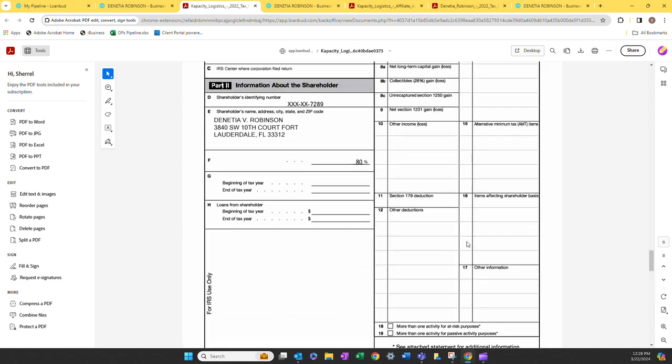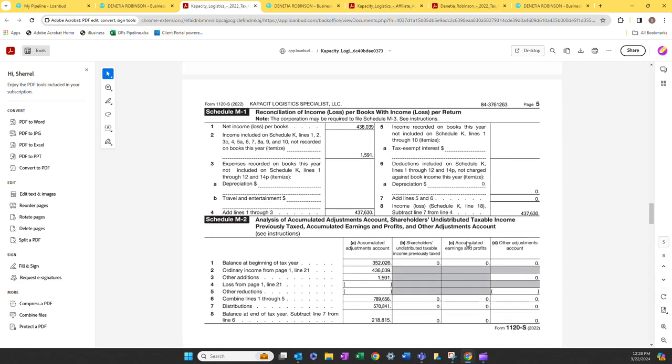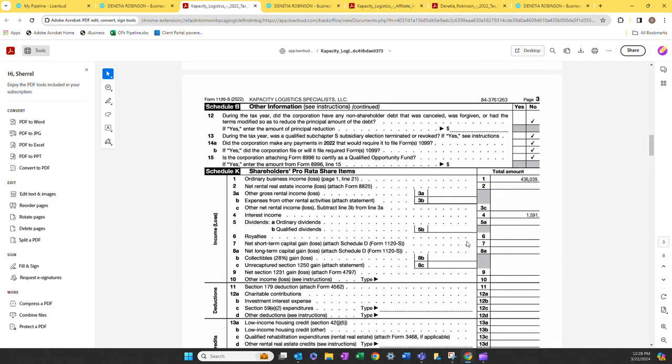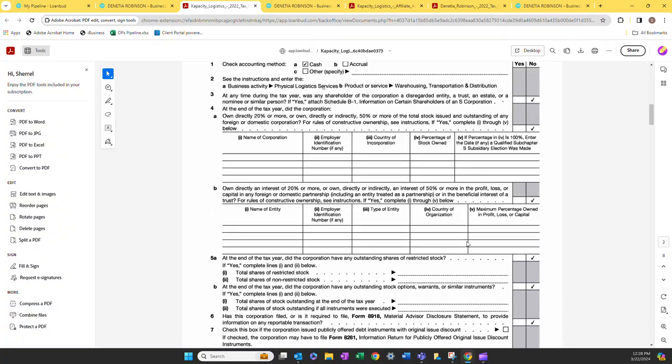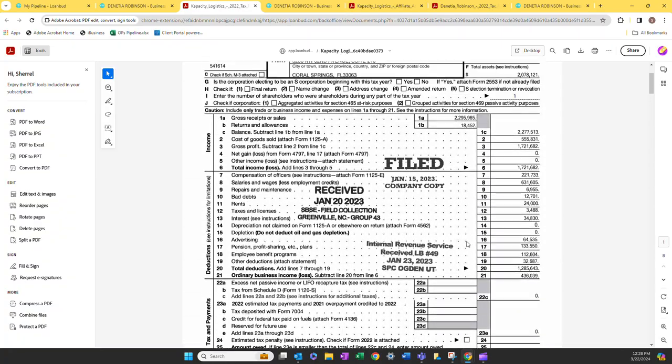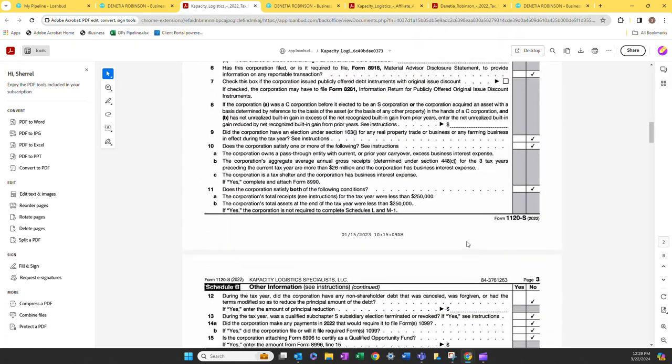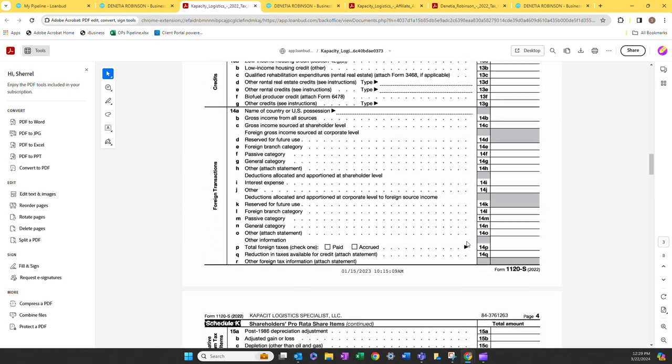Okay, unfortunately, it looks like this statement is not included in these returns. So I'm not able to check for the amortization, but I can see that